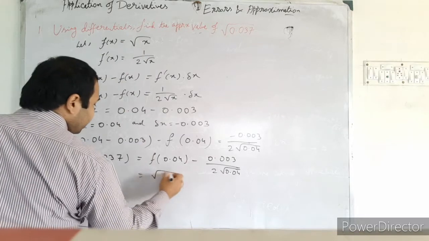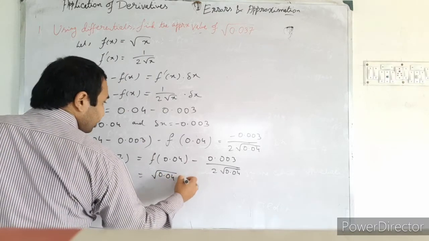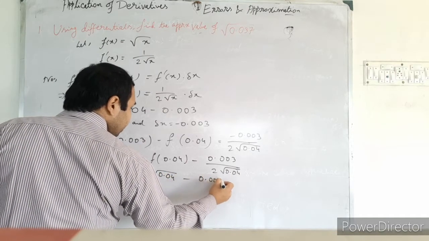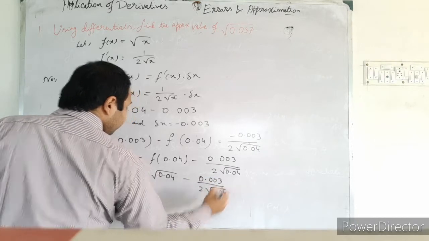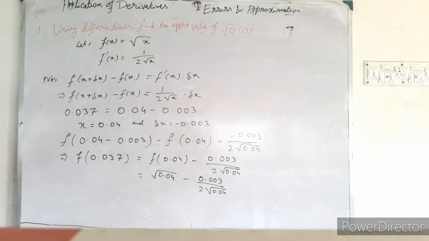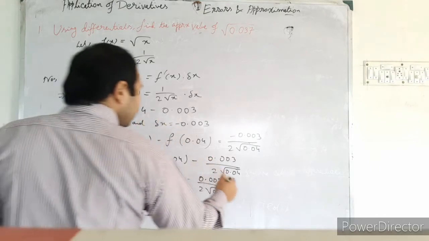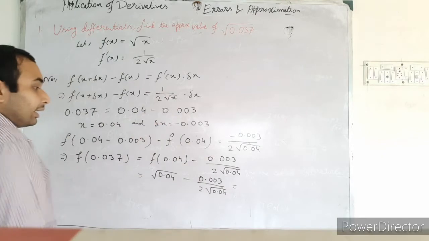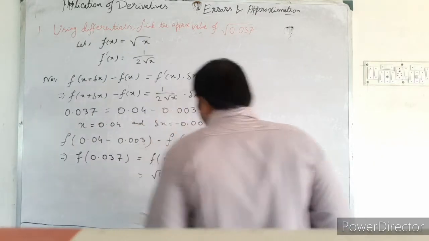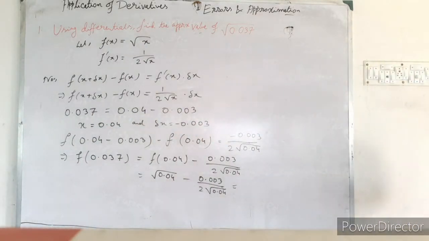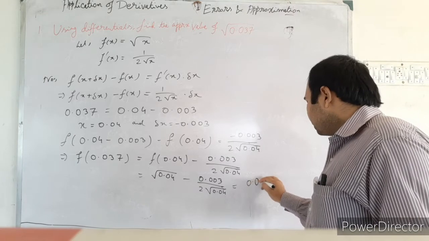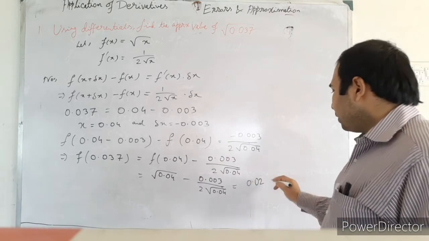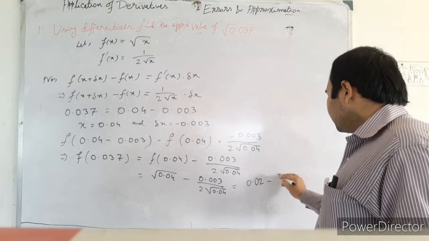So root over 0.04 minus 0.003 by 2 root over 0.04. Actually, I have not simplified this one because we need the exact calculation here. So now 0.04 is there. So obviously it will come 0.2 minus 3 by